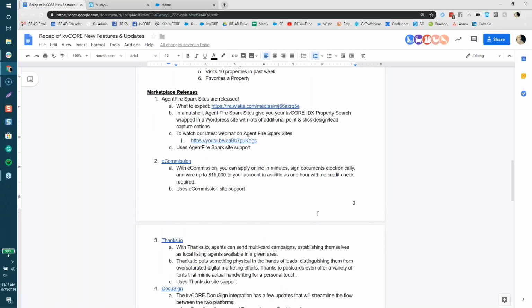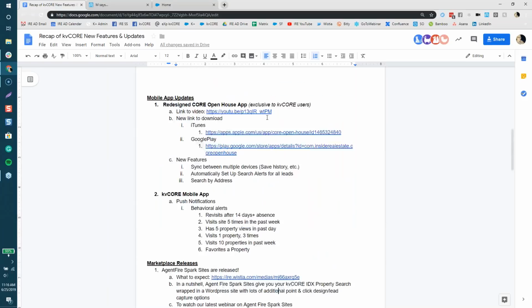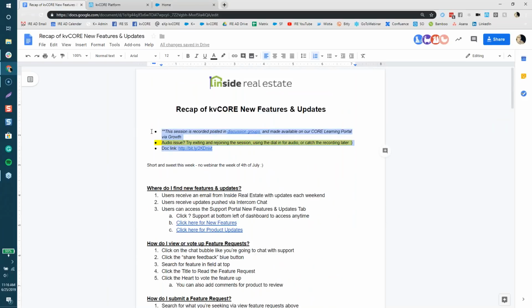There's been some amazing developments that have happened here. The first of which is your Agent Fire Spark sites. And we recently had a really hearty, robust webinar on Agent Fire Spark sites. My biggest takeaway, being somewhat a little shy of HTML and getting into learning it, is basically these Agent Fire Spark sites give you your kvCORE IDX property search wrapped into WordPress, and it's basically point and click design. So it's really, really easy to go in and point and click and design some